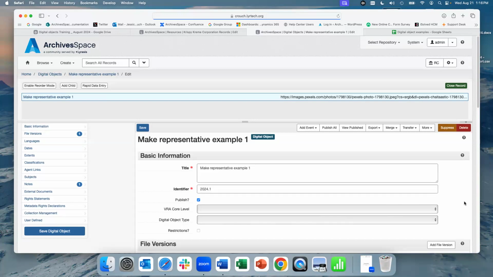That being said, whenever you're looking, you may see some broken images or things that don't look right, and this will help you troubleshoot those to see, am I meeting one of the requirements here for this to be a representative image? What is missing here? So I've gone ahead and created 3 different representative images, or 3 different digital objects with representative images,